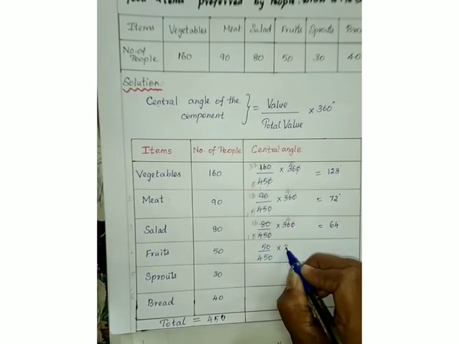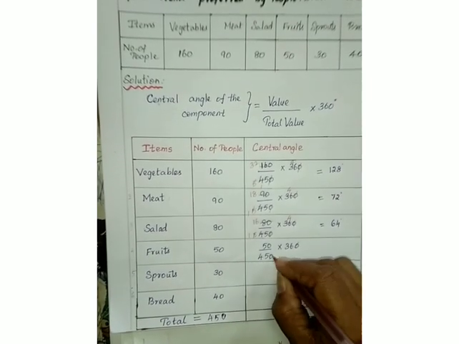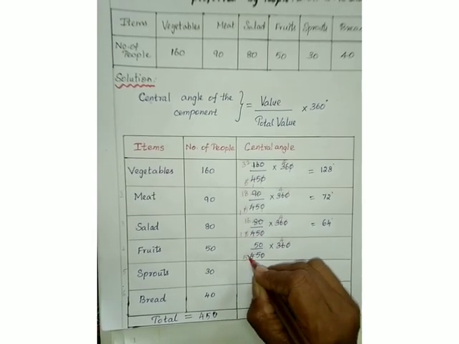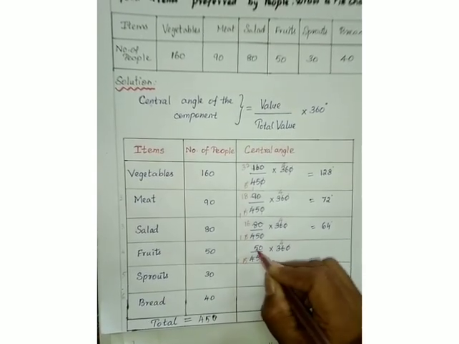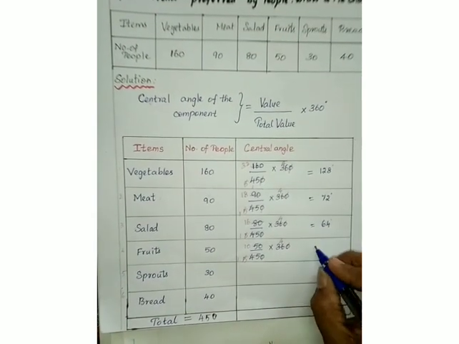Then the fruits component is 50 by 450 into 360. So we can cancel zeros. Then 4 9s are 36, 5 9s are 45. Then 5 1s are 5, 5 10s are 50. 10 into 4 is